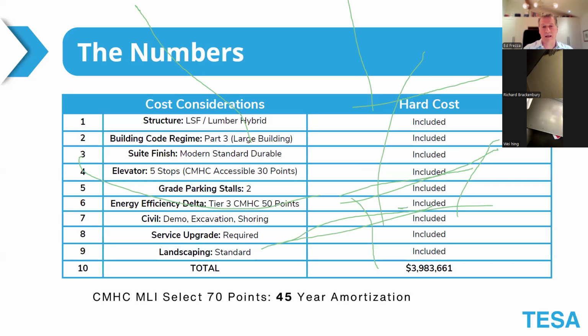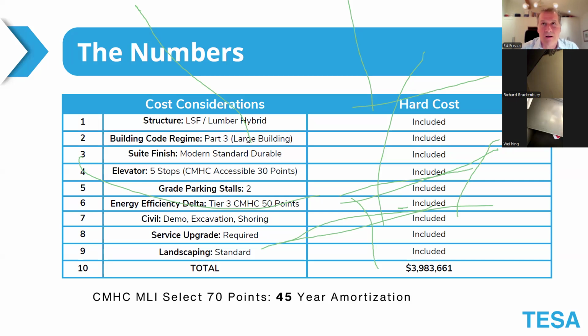So what do the numbers look like? Well, in terms of the hard costs, we know what we paid for the land. We now are going to look at, well, what does it cost to build this? So we're looking at the various cost considerations, and without boring you on the actual numbers and detailed structure, I mentioned how LSF is a very cost-effective way to build these. We build our homes out of lumber, stick construction, if you will.